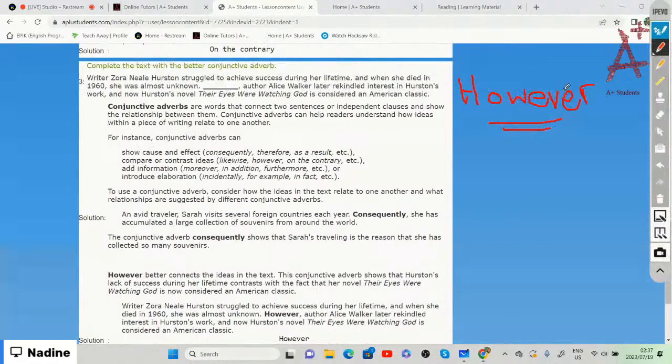So, however, brings about the comparison or the contrast with the fact that her novel is now one of the best American classics. So however better connects the idea within the sentence. It shows contrast, it compares,